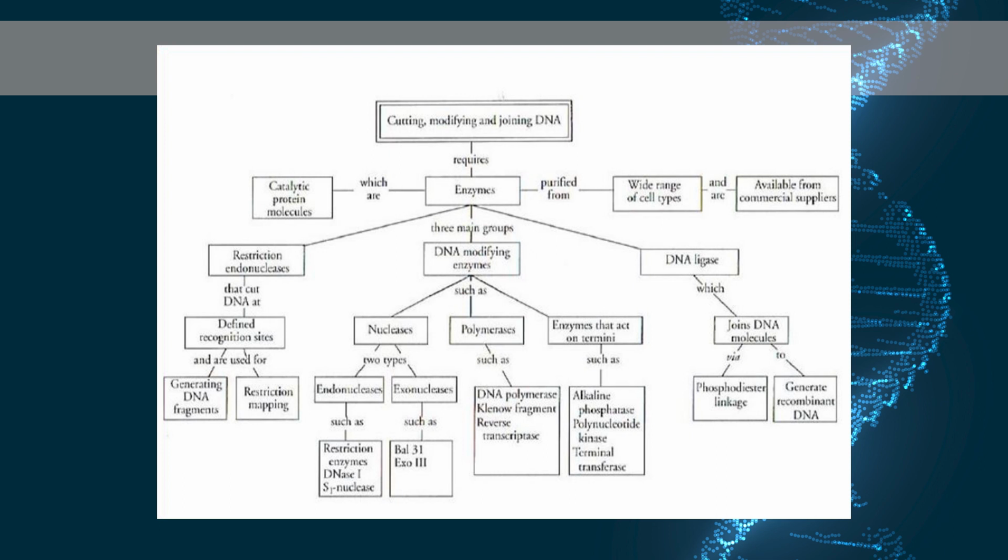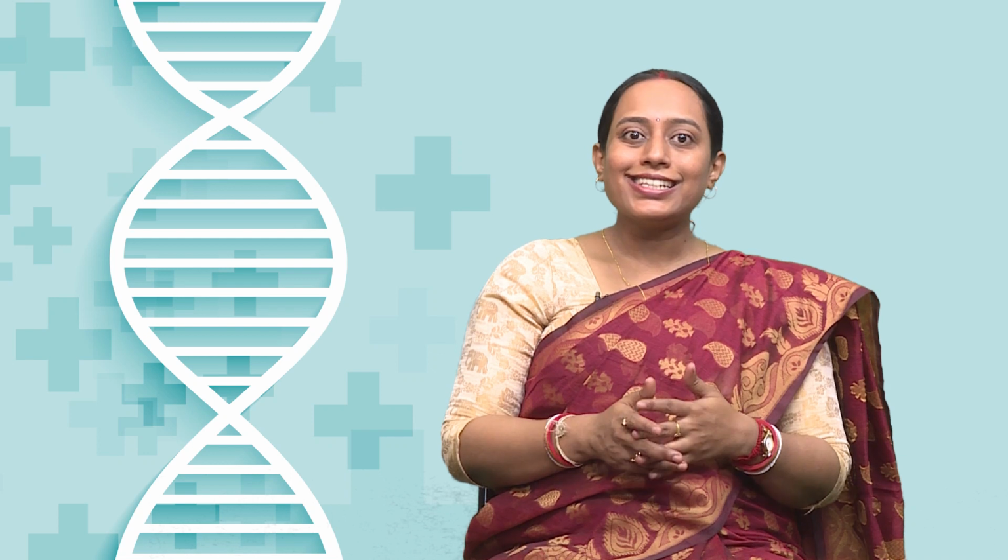Apart from that, we have studied vectors, how the nick is created in a vector and the DNA fragment that needs to be cloned is incorporated into the vector molecule to produce recombinant DNA molecules. In conclusion, the tools of genetic engineering have transformed various areas like biology, medicine and agriculture, offering incredible